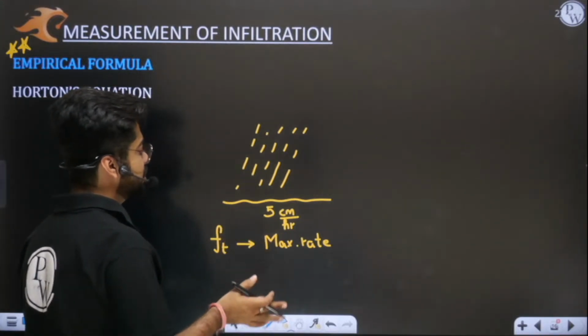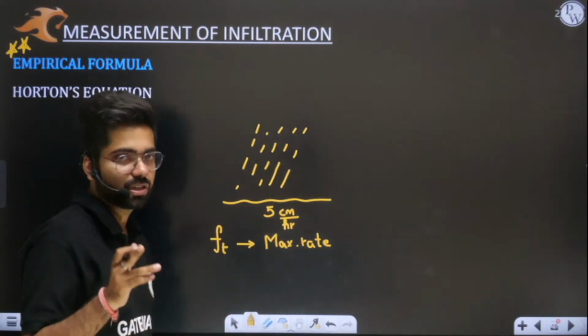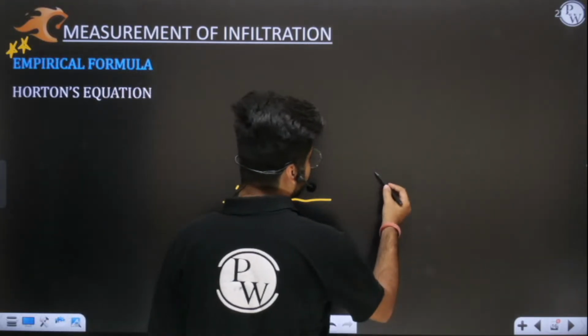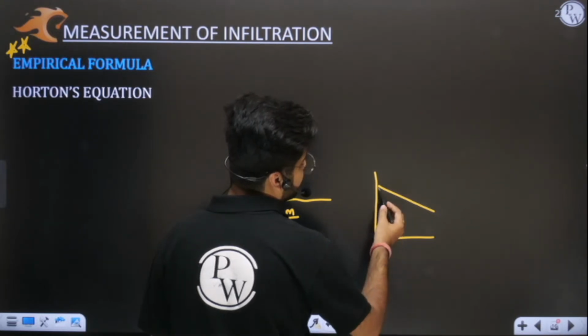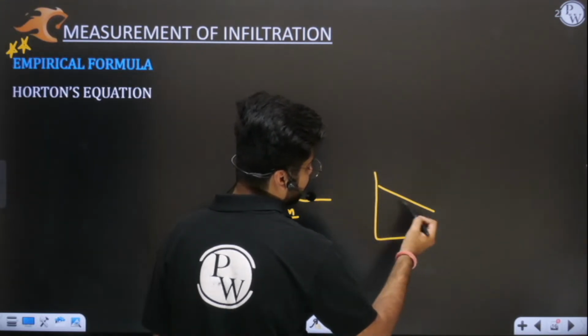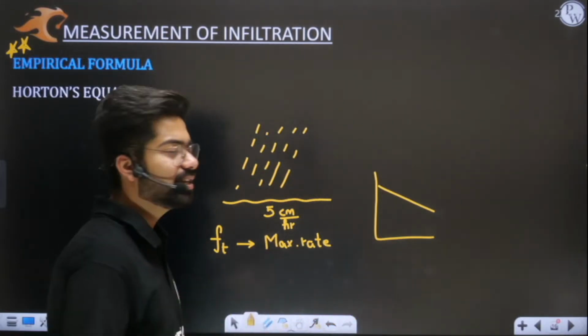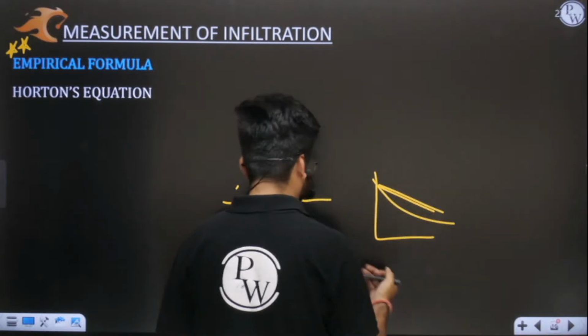See, the thing is, sir, how fast will this rate go down? You are saying that this will decrease. Yes, sir, but will this decrease linearly? Will it decrease in a parabolic, logarithmic or exponential fashion? Sir, how will this decrease? Will it decrease in a linear or a non-linear fashion? So that we have to understand.